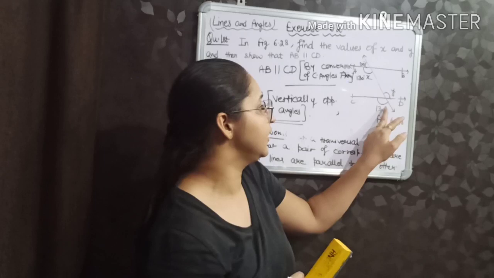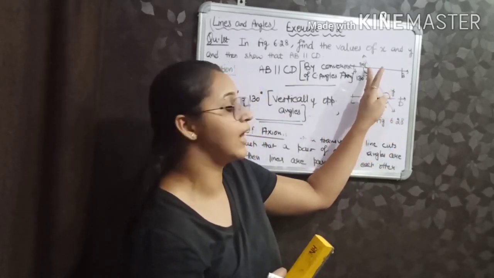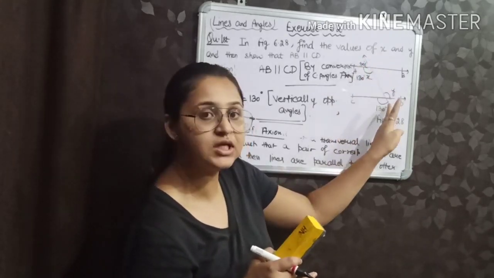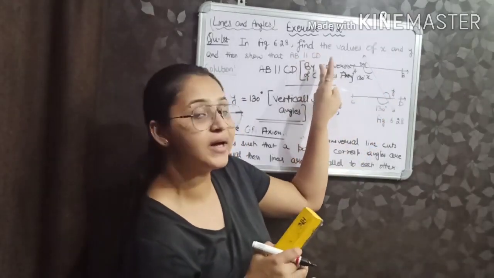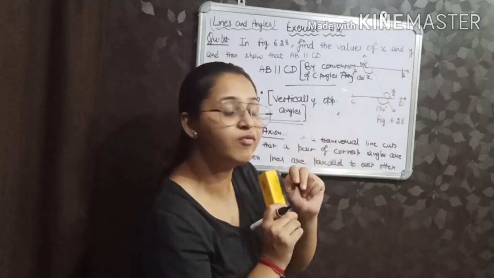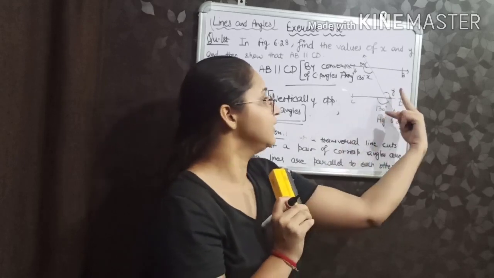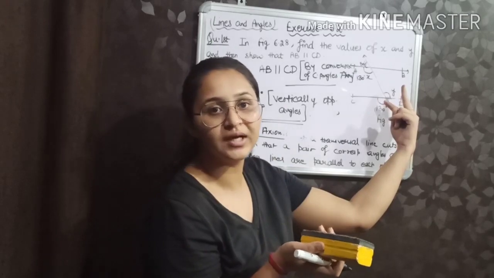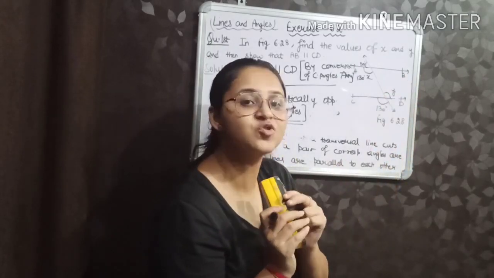Okay, so what we have done, first we found the value of x by linear pair, and if this is 130 degree, this is 130 degree, and we know by the converse of corresponding angles theorem that if corresponding angles are equal and there is a transversal line, then these two lines must be parallel. So we have proved that AB is parallel to CD. Now next and the last part is we have to find the value of y, and if these two lines are parallel and it is a transversal line, then this pair makes vertically opposite angles, and vertically opposite angles are equal. So the value of y is 130 degree, value of x is 130 degree.